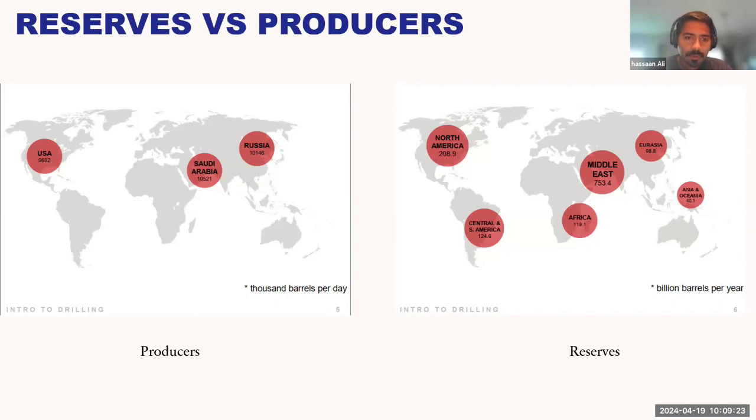But in terms of producers, the biggest producer in the world is Saudi Arabia, followed by Russia and US. These are the three biggest producers. Russia and Saudi Arabia are part of the OPEC, which is a particular community of oil producers in which they actually try to regulate the oil prices while